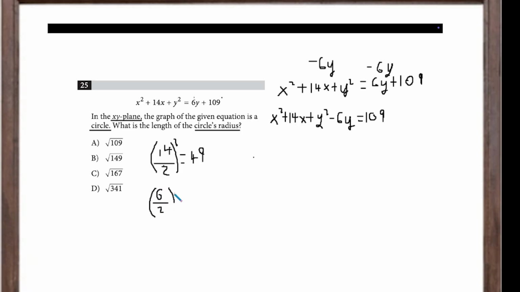Then we're going to do 6 divided by 2 squared is equal to 9. And we just completed the square for both of these. So after this, we can now factor this equation. So now we can do x squared plus 14x plus 49